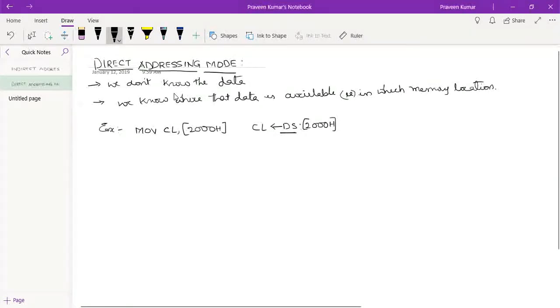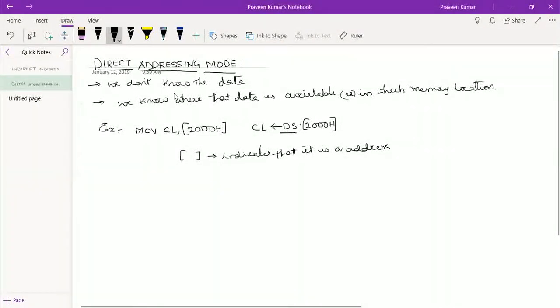Therefore, anything given in the instruction within the square brackets indicates that it is an address.